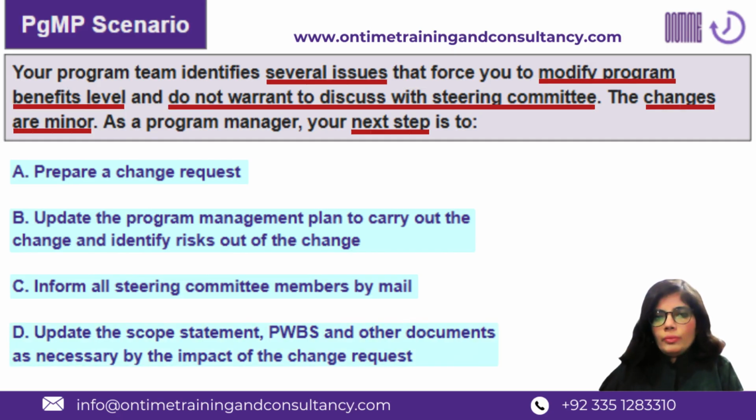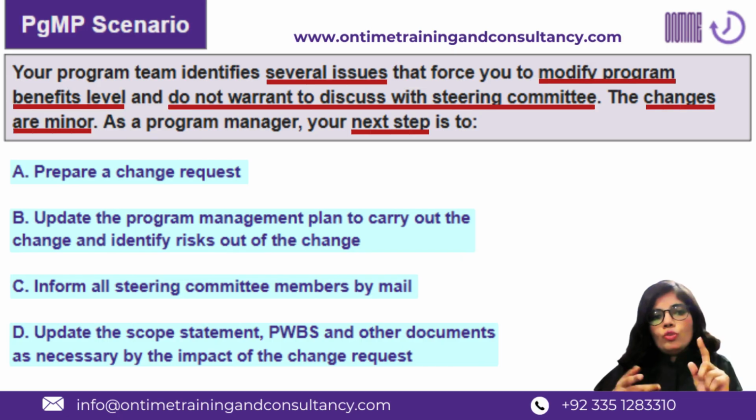Of course, it's A, because if you have got to know about certain changes which demand some program benefits level updates, the first thing is to come up with a change request, right? Come up with a formal change request so that B and D could be done because the approval is already there,